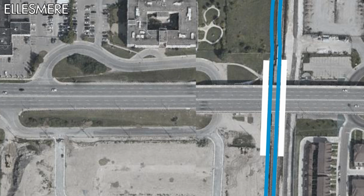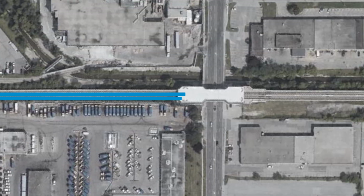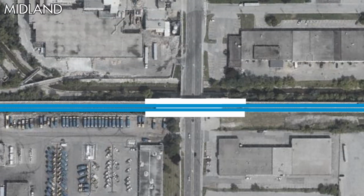Here at Ellesmere is where the line could have split into multiple possible alignments. For now though, we will follow the alignment that was ultimately used and come back to the alternate options later in the video. After Ellesmere, the line would then cross the CN Uxbridge subdivision somehow. It's not clear if the line would have gone underground like it does today or if it would have been elevated. Either way, after crossing the train tracks, the line would then head east, making its next possible stop at